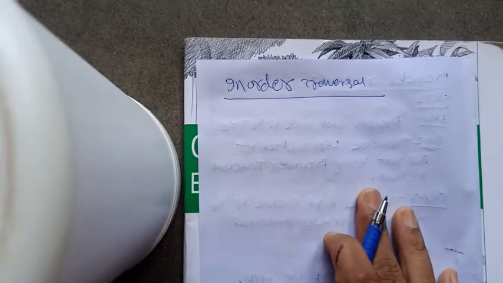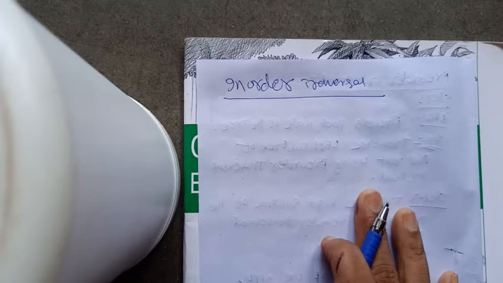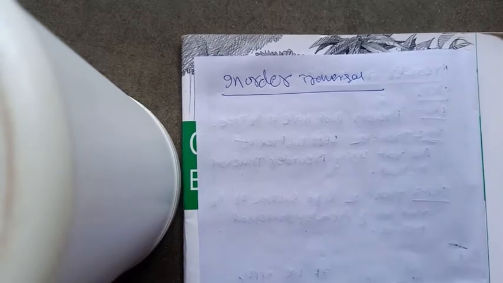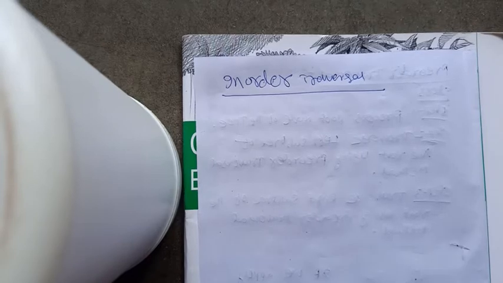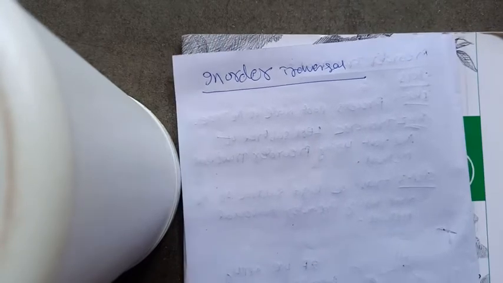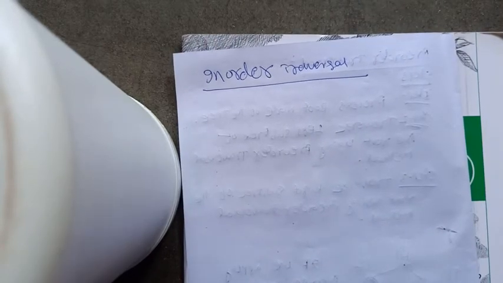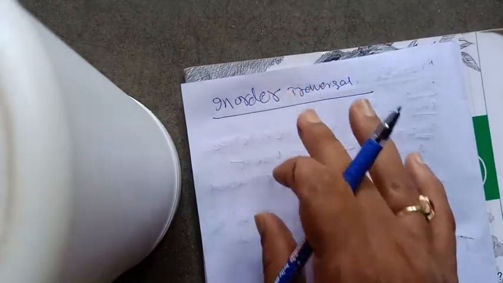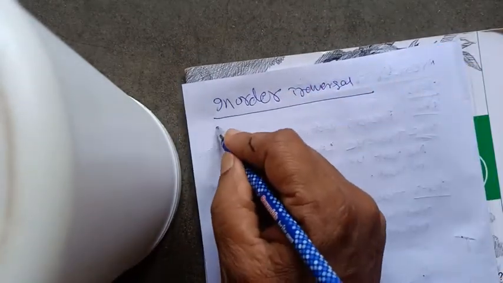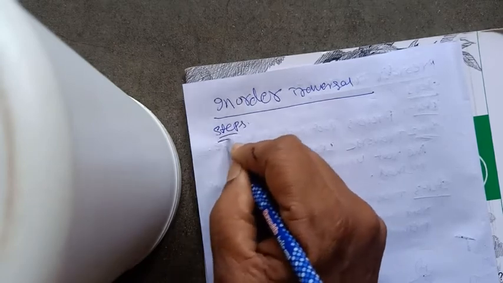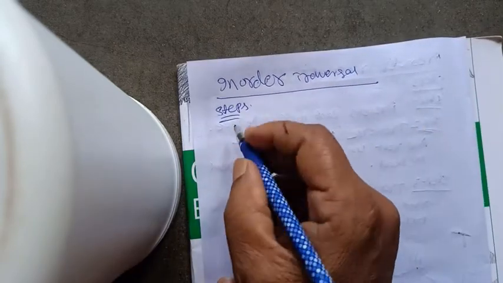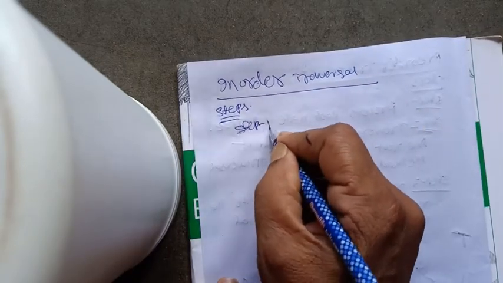See, to traverse any tree we have three steps: process root, traverse left subtree of the root, and traverse right subtree of the root. But in pre-order we say first process the root, then traverse left subtree using pre-order, and then traverse right subtree using pre-order. Now in order, what changes will I make in the steps? Let's see. Here the steps are: step 1.